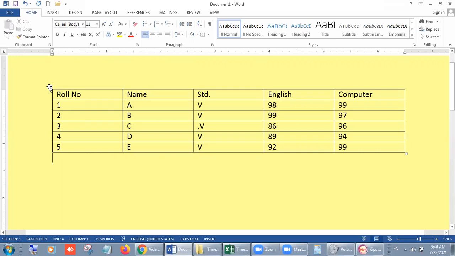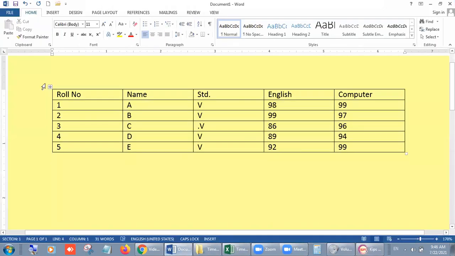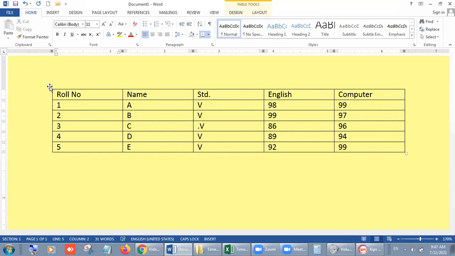Now if we want to change its color or its design, we have to go through formatting a table. How can we format a table? When you click on the table, you will have one button at the left top corner. When you bring your mouse arrow on this button, it changes into a four-headed arrow.